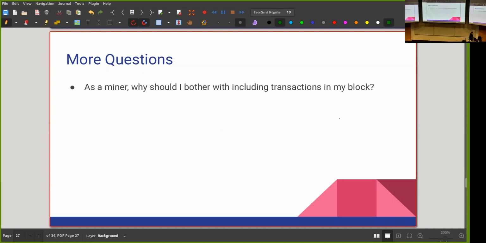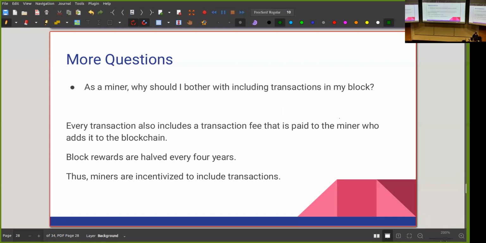And this is the part where transaction fees come in. So the solution is that whenever you create a transaction, other than all the previous things that we talked about, you can also include a transaction fee. And that transaction fee would be paid to the miner who adds this transaction successfully to the blockchain. So you're basically giving a tip to whoever solves that hard computational puzzle and also includes your transaction in it.